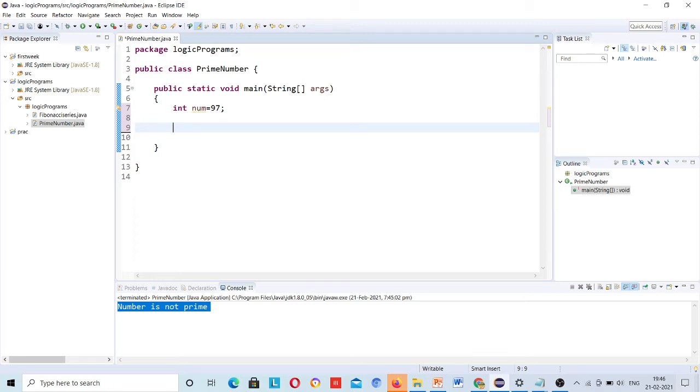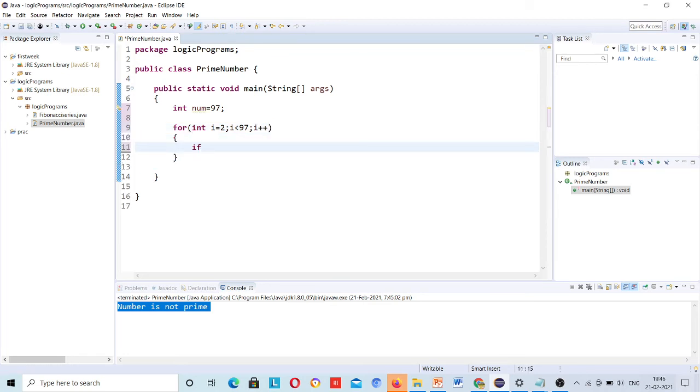So I have to leave 97 and 1 both. So I will run my loop from 2: int i is equal to 2, i is less than 97, so it will run till 96, and then i plus plus.